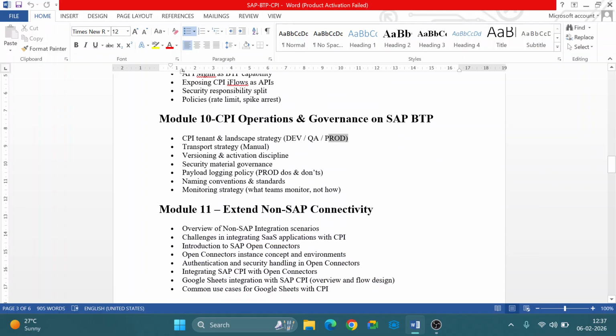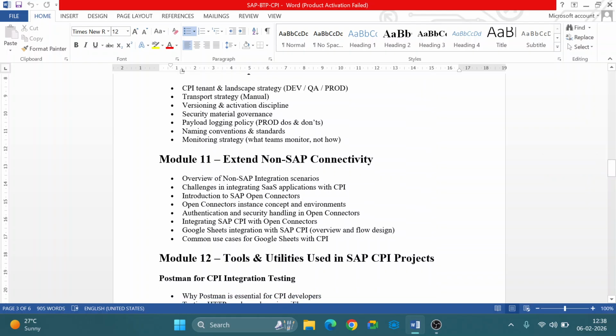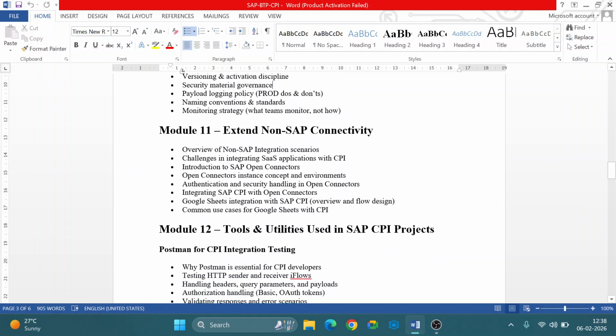In module 10, as I mentioned, it's all about product and project, like how the tenant landscape will be, how we are going to transport our iFlows, version controlling, activation discipline, security material governance, everything will be covered in module 10. And module 11 is for extended non-SAP connectivity. This is one of the capabilities of our integration suite. So this session is exclusive, okay. This section will be useful for most of the learners, where we are going to explore this option to connect with the outside world